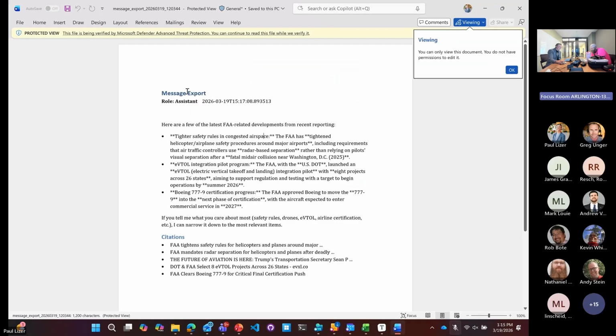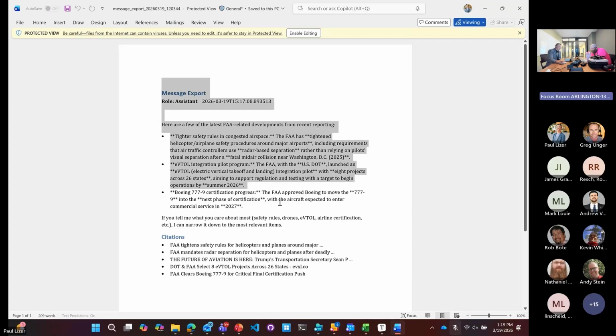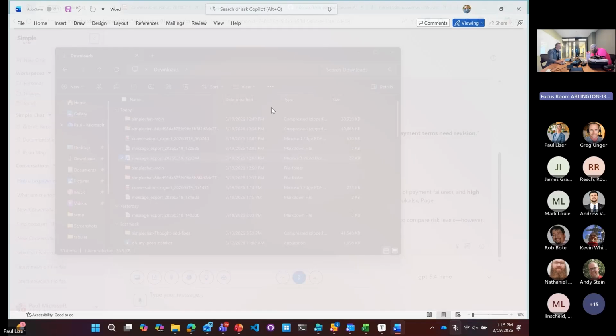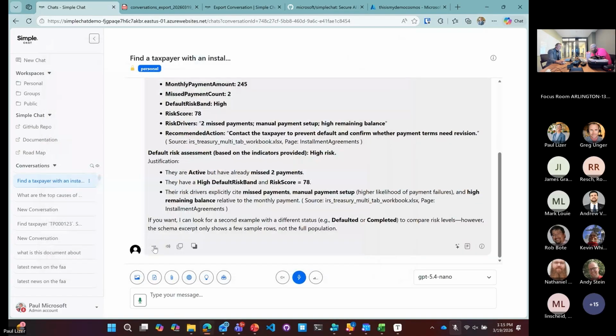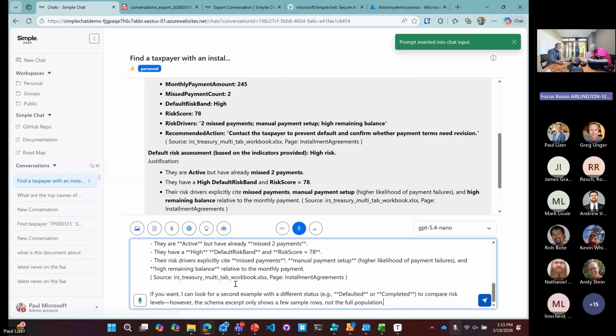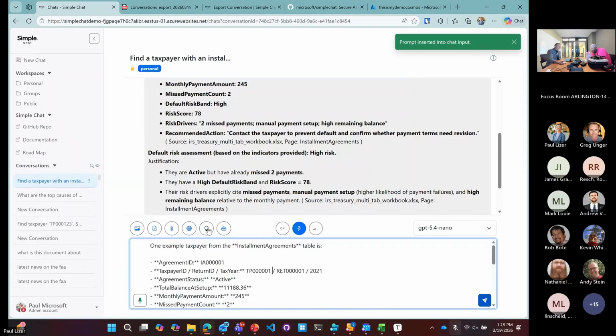here's a message export that we just ran right before this call. So again, it can create that conversation in Word for you. And this is the beginning for some other integrations with Word, further leveraging Word generation and editing and stuff like that. Also using this as a prompt, so it'll include it right here.